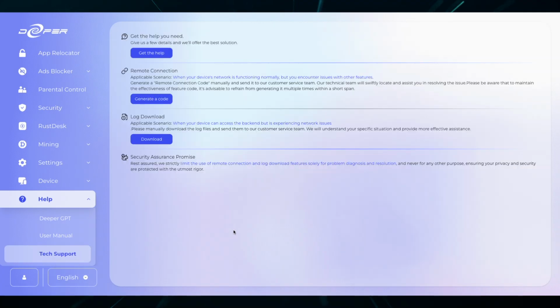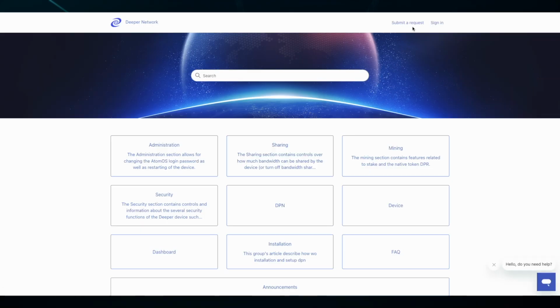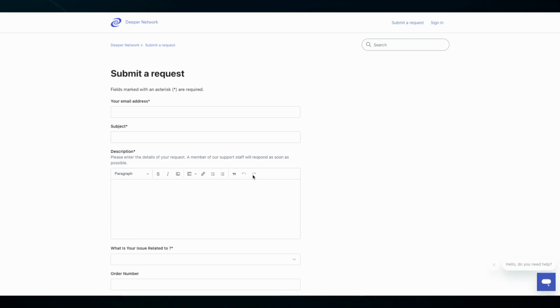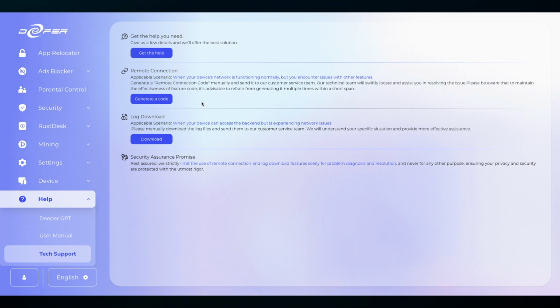Lastly is the Tech Support tab, and the first stop on the Tech Support tab is opening a tech support ticket. Submit a request, input all the information necessary, and the Deeper Tech Support team will get back to you as soon as possible. Next up is generating a remote connection code. If Deeper support requires, you can generate a code from here, copy and paste it into the support ticket, and the Deepernauts can take a look at any problems happening on your device. Lastly are the logs. You can download logs, which is specific to your device's activity, and send to Deeper support